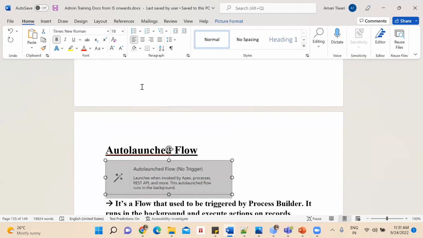That's a good question. Currently there are not many modules on Trailhead for platform event flow. But still, if you want to practice, there is a YouTube channel by SFDC Panther or ApexHours where they have already used these scenarios. You can check from there, but there is no such thing in Trailhead for now. I have not seen it, but maybe in future they might implement it. Sure, thanks.